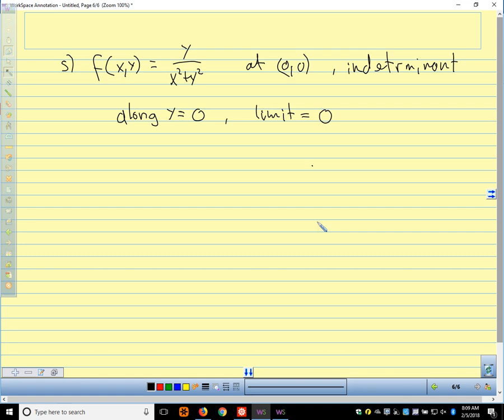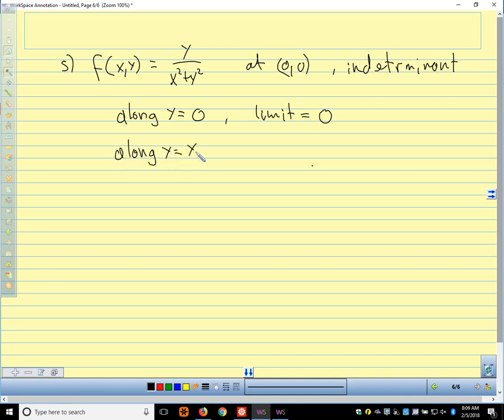And then we want to be clever with this one and pick another path where if I plug in some value for either x or y, I get some cancellation in the numerator and denominator. Any idea what a good path would be? What is it, Sam? y equals x. Let's look along